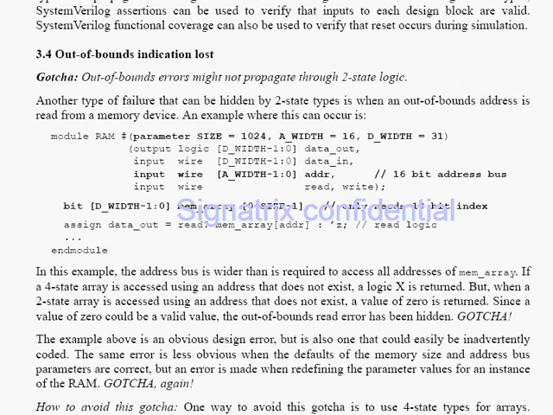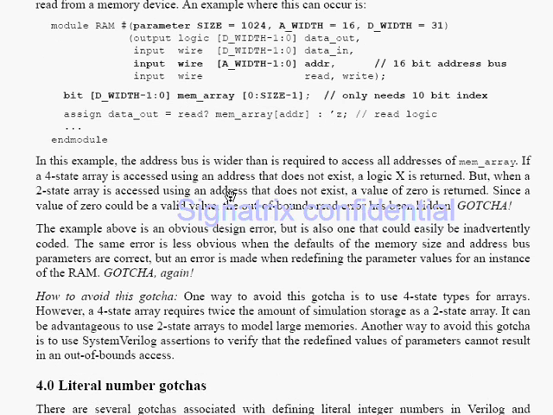But if you take the example of a 4-state variable, if the address you mentioned doesn't exist, during that time you will get X at the output port. So you can directly go and fix the bug from where you find that X is propagating. So they are trying to say, even if an out-of-bound access is there, you cannot find the bugs if you are using two-state variables.